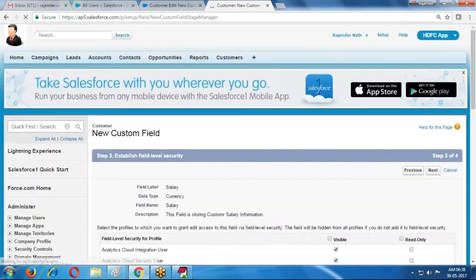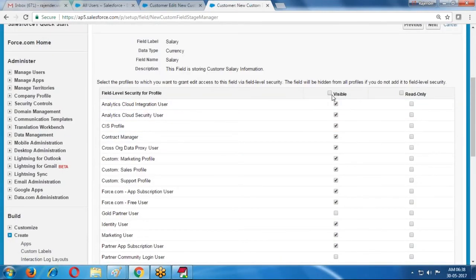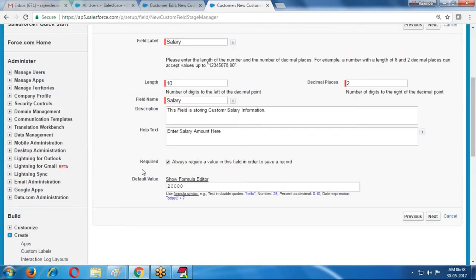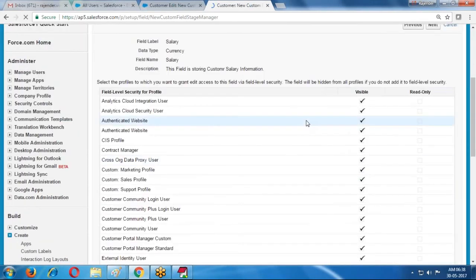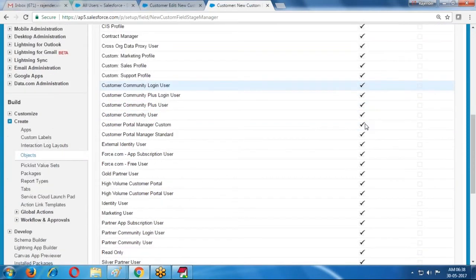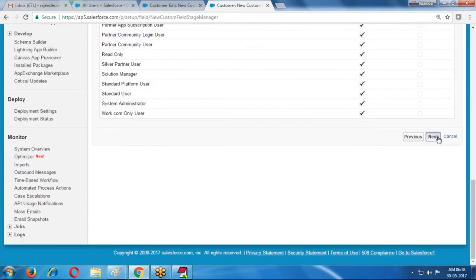Here we are selecting profiles, if you want to select, otherwise no need to select the profiles. But if I select the required option, it is mandatory to select these profile names. You cannot disable them. It is mandatory to select every profile here. Click on next.